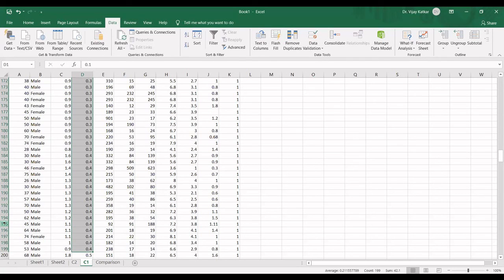So how much overlap is there? This overlap is very big.